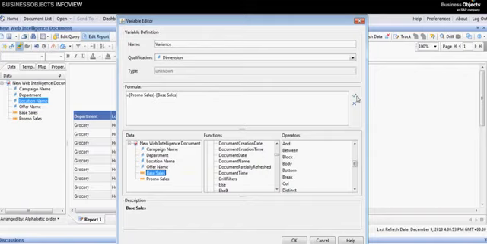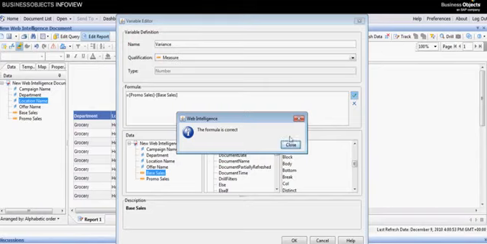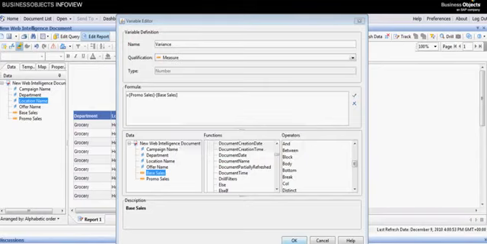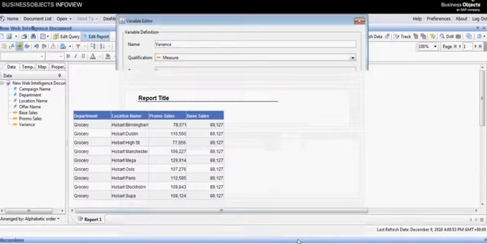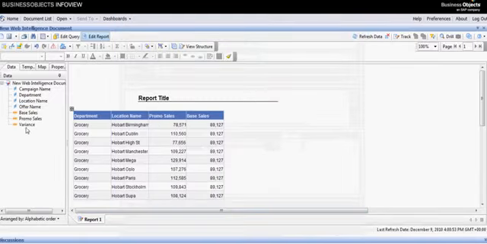Then I click the little green triangle which checks the syntax. It validates. Formula is correct. Okay, let's close that. Say OK. Now look what's happened. The variance variable has appeared on the left hand side with my other objects. It's an object just like the original objects that I chose. So if I now click on variance